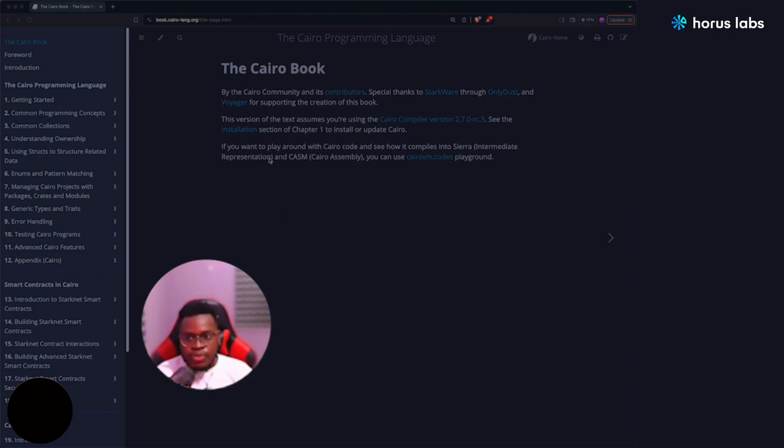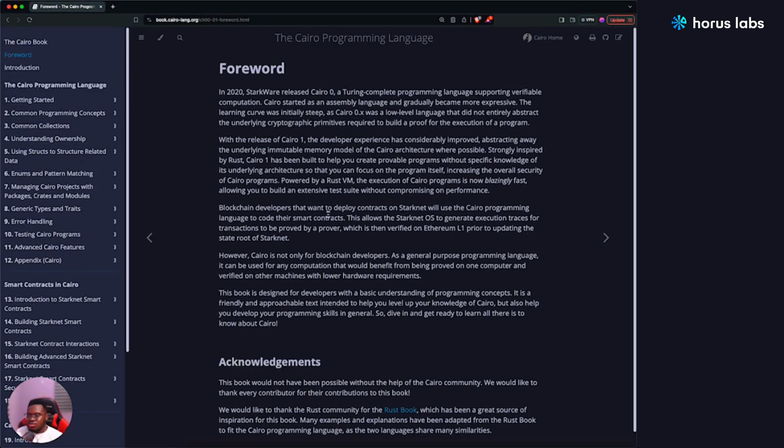Like I said, the current book was built by the community led by Fricoben and Anytrat, and of course, special thanks to Starkware and Only Dust, and I think Voyager, for sponsoring the creation of this book. All right, so we're going to be going into the foreword section. The foreword section basically talks about